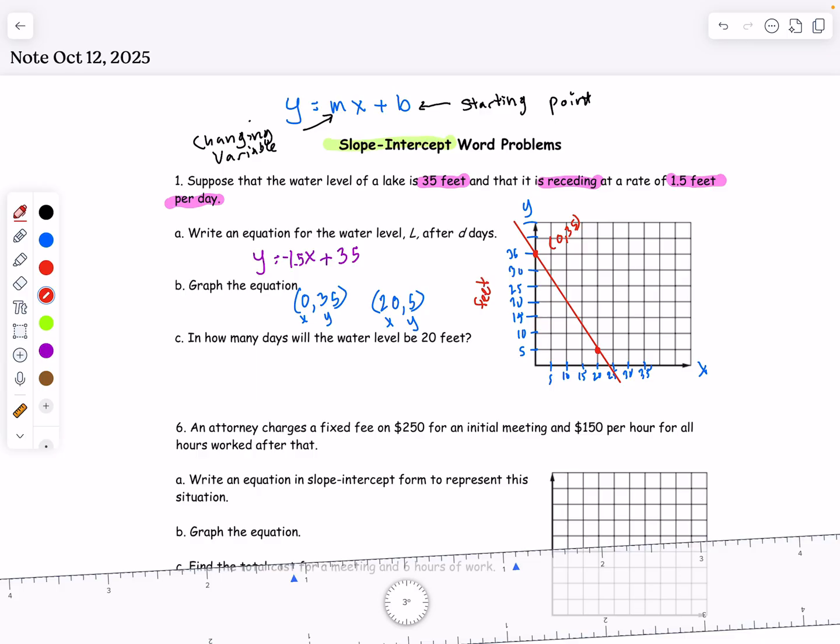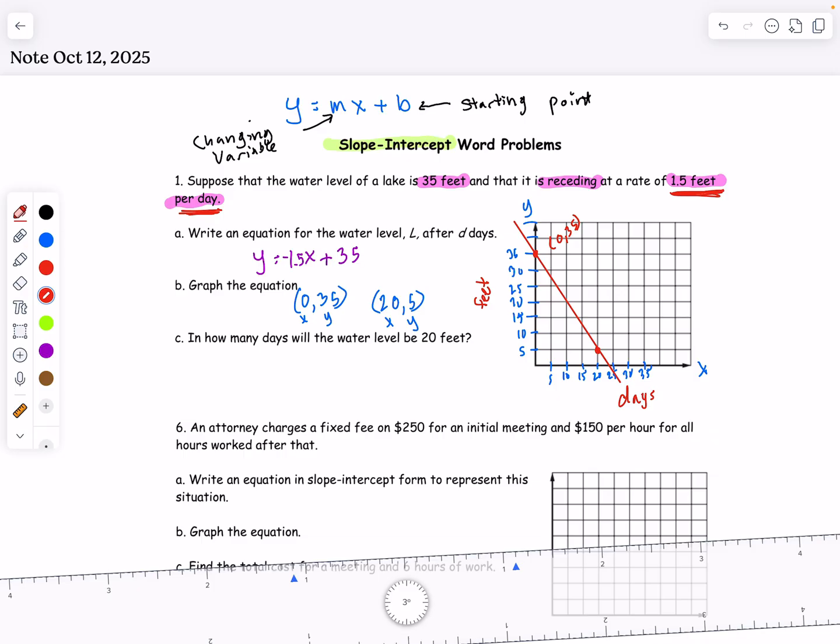All right. We know that x is our days, and we know that because when we did the equation, we got negative 1.5x plus 35. So it's receding at a rate of 1.5 feet per day. Okay? And the question says,